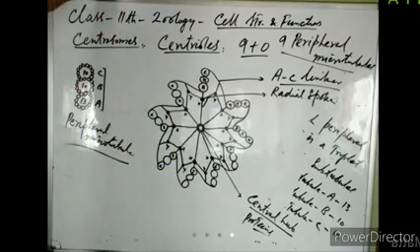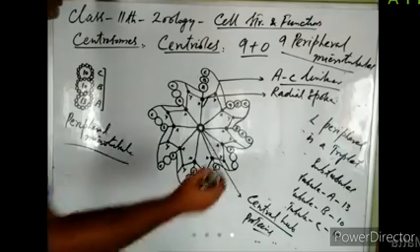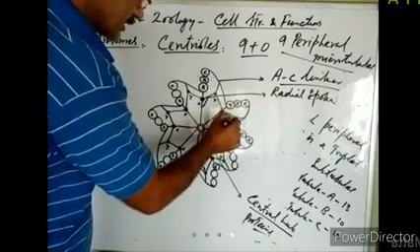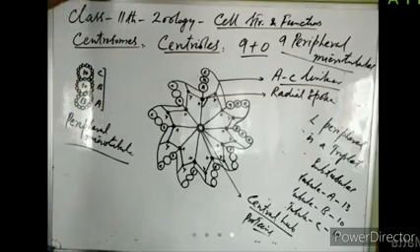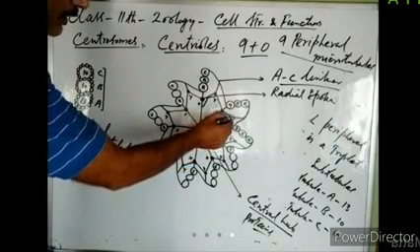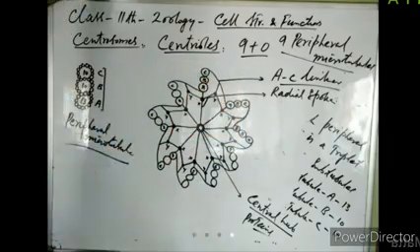So present on the radial spoke, there are proteinous strands in the form of thickenings known as X bodies. Then between two adjacent X bodies, just below the AC linker, there is another proteinous thickening. This proteinous thickening just below the AC linker is known as a Y body. Two X bodies are connected to a Y body, and this Y body is connected to the AC linker.